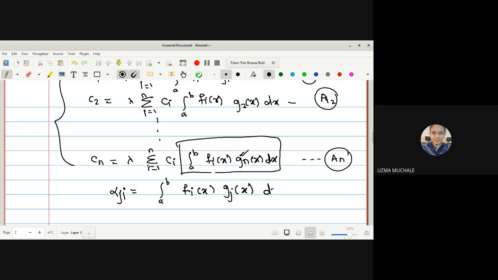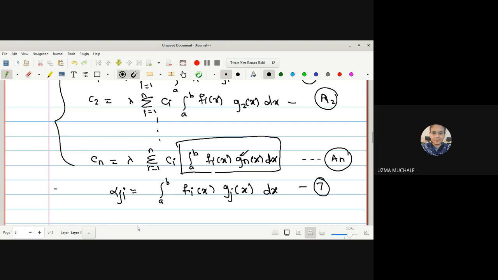Wherever you have the value of j, for different values of j, we are having equations a1 up to so on. So for that, we can have the next equation, equation number 7, because if you see here, every equation has fi of x into g1, fi of x into g2, and so on. So fi is fixed and g is going to vary. So we have renamed the integral of fi of x into gj as another constant alpha ji, since the limits of integration are constant.